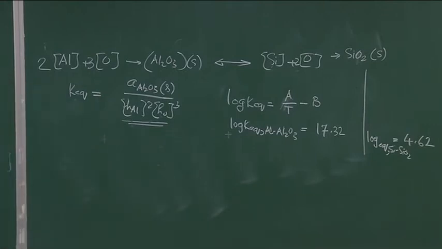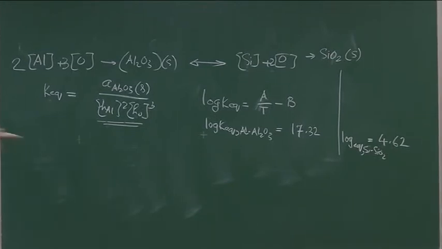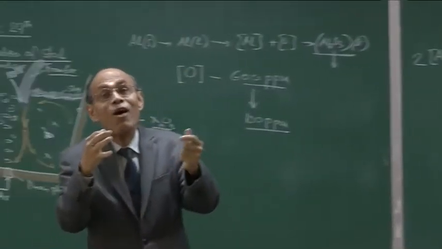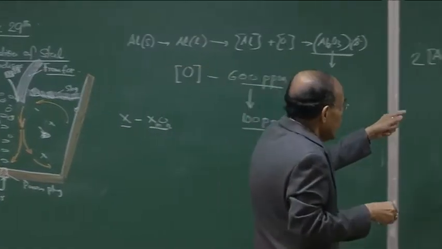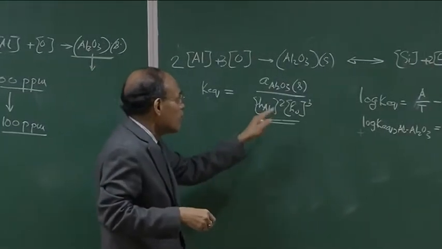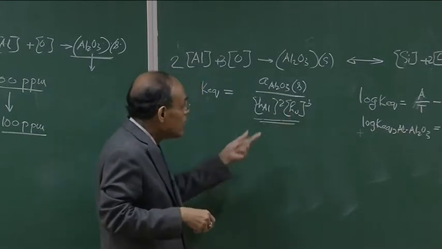This is a tragedy of the steel making process. You try to drive out one element and a second element gets into it. But the question is that by choosing appropriate elements, we can drive out more than we put in, and that is what happens basically with aluminum deoxidation. So, for the same level of oxygen activity in the melt, if you compare